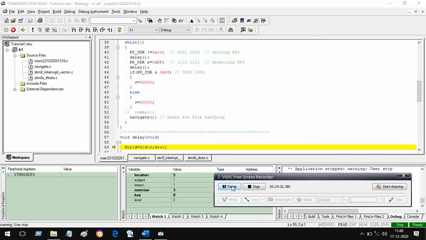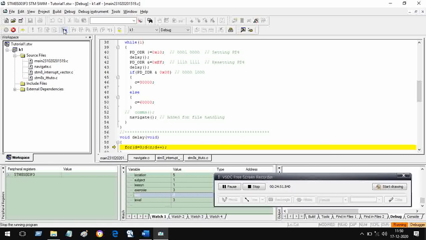Now we will use one more button. We are at exercise 3. Okay, so I will go back to exercise 2. For that, what do I do? I press the back button or previous button. The value of that is 3. 3 means back button. So what do you expect to happen? Level will remain 3, exercise will become 2, and location will change. See what happens. So let me run it